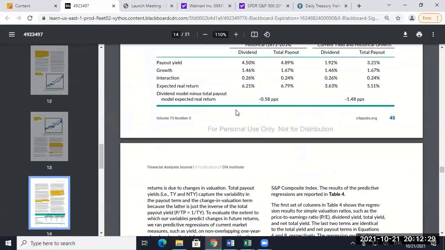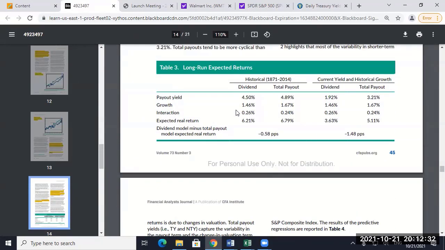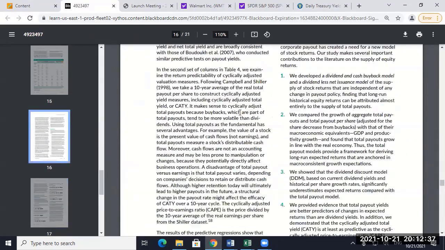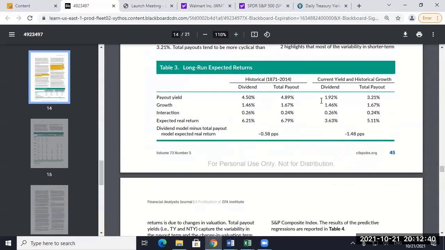But he has a table here at the end. Yeah, that's the right one. That may have been it. All right, so here's the dividend yield. Interaction. All right, so that 150 is the number they recommend that you use. So what they're saying is if you just use dividends, you will be off by 148 basis points versus what you should be using. All right. So you're kind of relying on this one number out of all those pages.